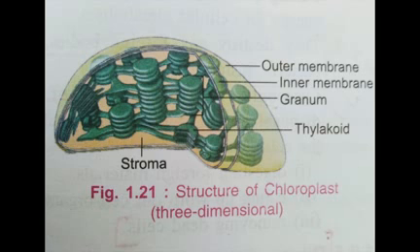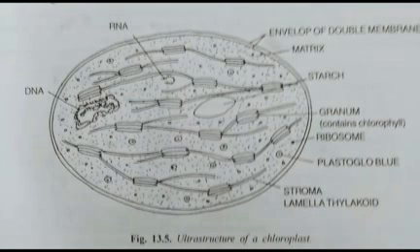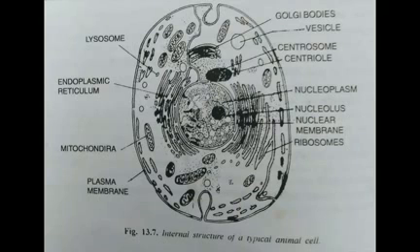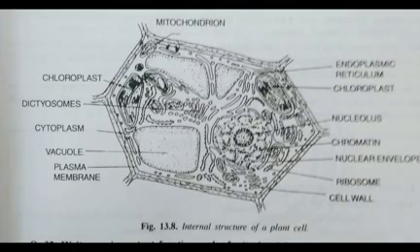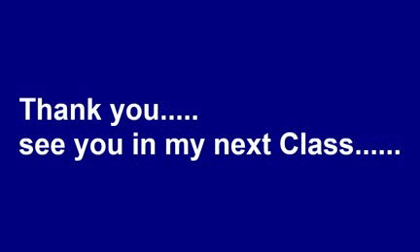The most important chromoplasts are chloroplasts, which contain the green pigment known as chlorophyll. Now, chloroplasts are very important. Can you tell me why? Because they trap solar energy and prepare food for all non-green organisms, directly or indirectly. That means they perform photosynthesis. They help in the process of photosynthesis. The chlorophyll plays